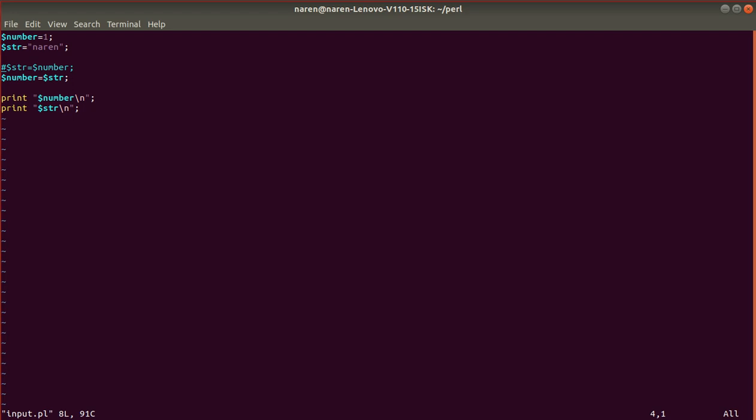If we initialize a string with an integer or an integer with a string, it will automatically convert internally. There is no need for explicit conversion by the user. So this is the feature of the Perl programming language.